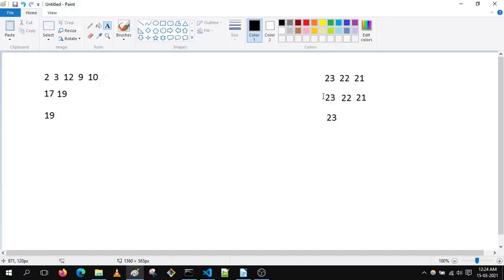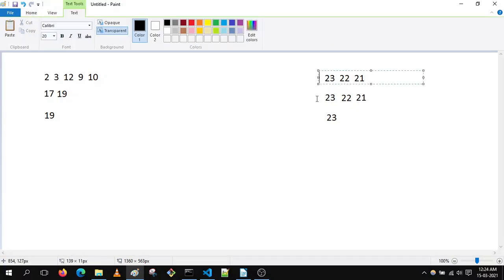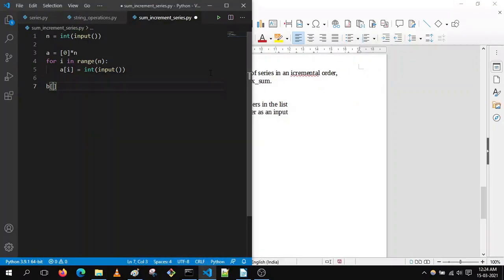In this second example, we can see that the number of elements in the input array was 3, and in the output array also the elements were 3. So the maximum possible elements in the second array could also be the same as the input array. So for safety, we are taking the array length as n only, which is the same as the input array.